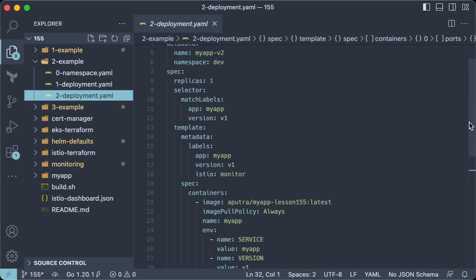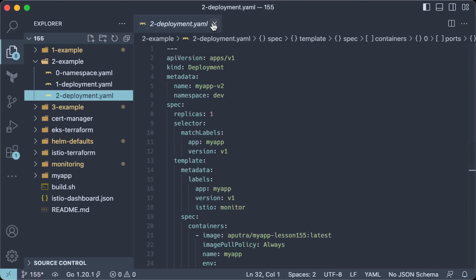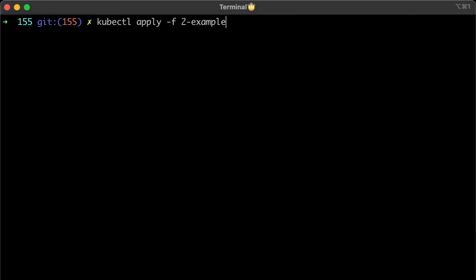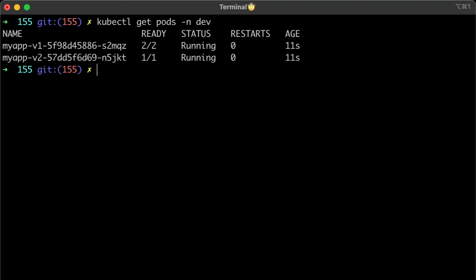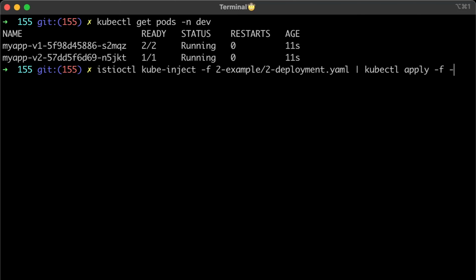For example, this deployment doesn't have labels and Istio should not inject the sidecar. Let's apply and see the result. Alright, the first deployment has a sidecar and the second one doesn't. To manually inject a sidecar, you need to use the Istio CLI and specify the path to that deployment. If you get the pods in a few seconds, you should see that the Istio sidecar was injected into the